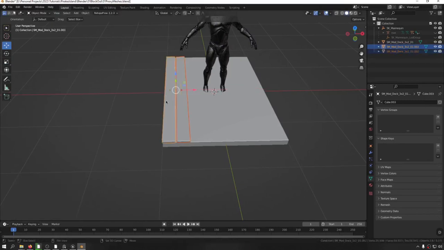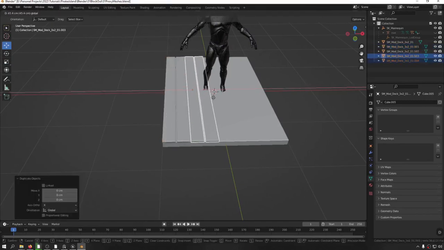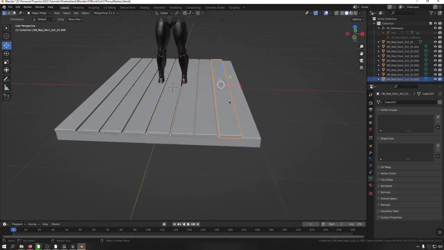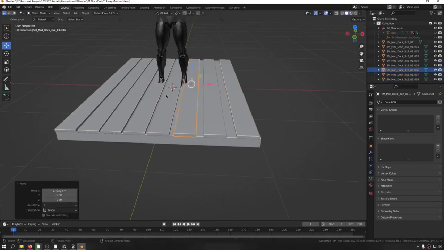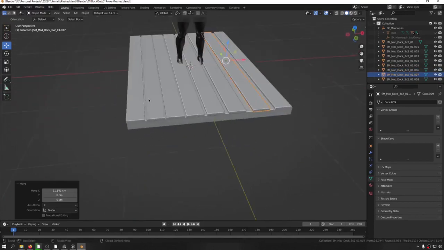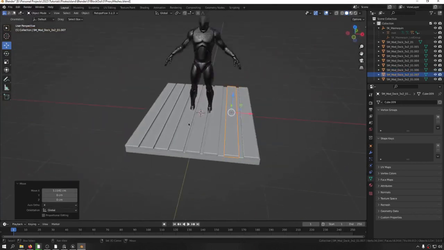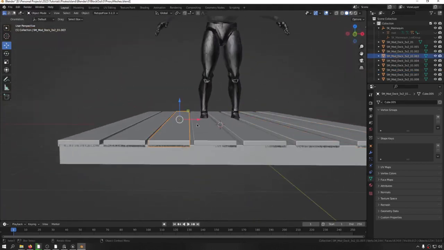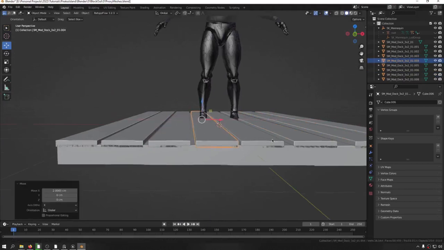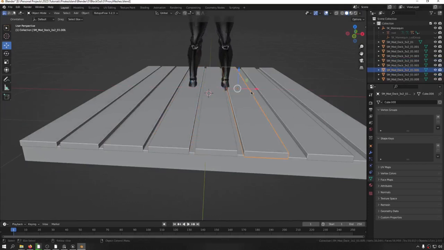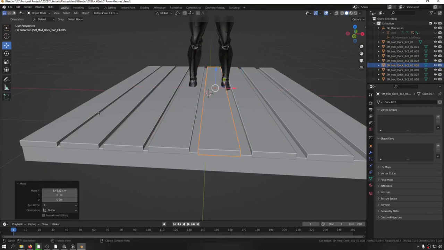So let's select them all and copy them around, and just manipulate them a little bit because I do not want these to be so flat. I just want to have a little bit of definition to the environment in the first place when we start to create it. Okay, and I do not want everything to be so CG perfect. Always try to add imperfections. For example, in here, in case of this distance between the individual planks, I'm going to make them a little bit more